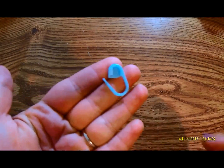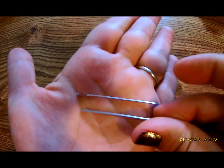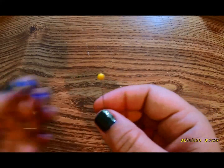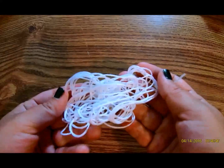A stitch marker, scissors, yarn needle, embroidery needle, so you can see the difference in the size here, the eye of the needle, pins, sewing pins for pinning the legs and the flower in place when it's time to sew it on, black embroidery thread, white embroidery thread, stuffing, I just use polyfill from Walmart,